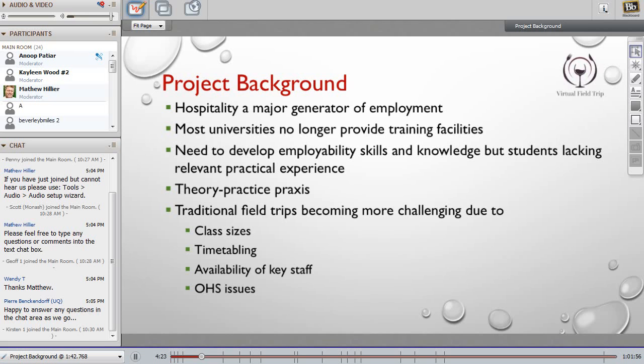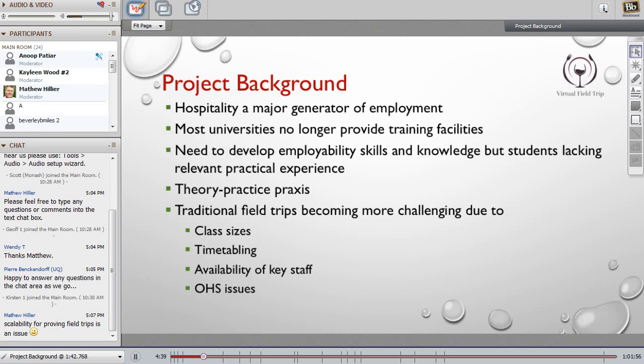Timetables are very tight. Students may finish one lecture and within 5 minutes join another. And in some universities the delivery of lectures has been reduced from 13 to 12 weeks. Some of these issues have made it difficult for academics to take students on actual field trips.